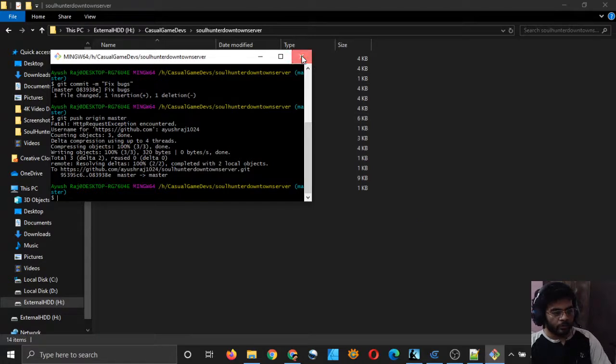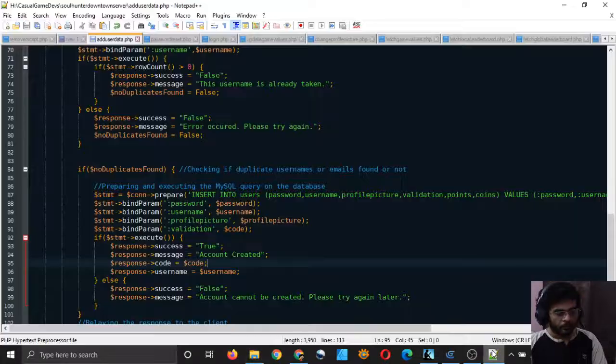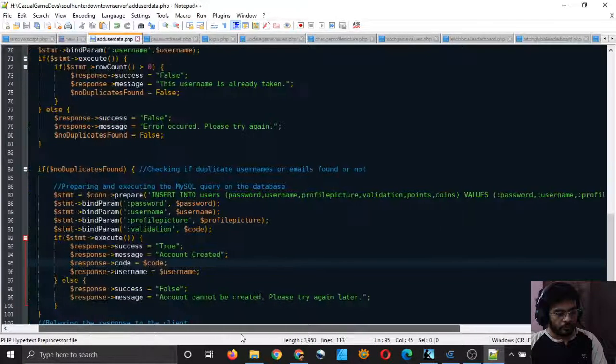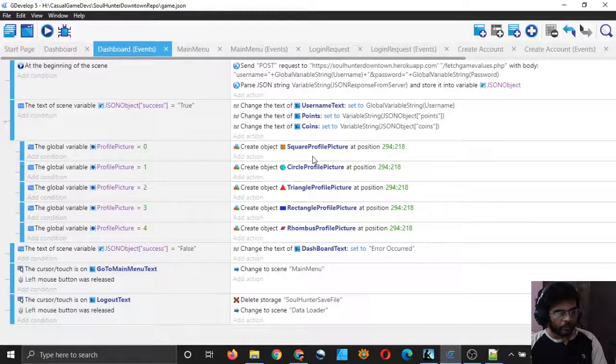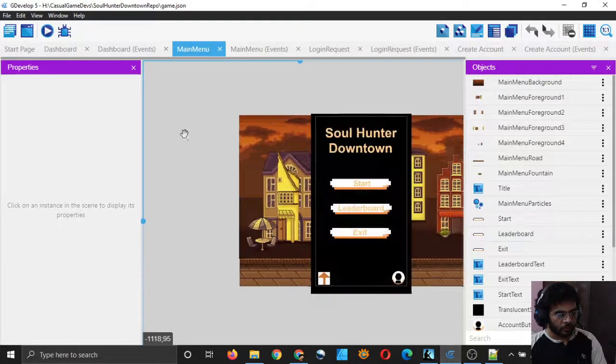So they have been pushed and they will soon take effect in the Heroku web app also. So that should work. Let's see if it does or not. And let's run our main menu.